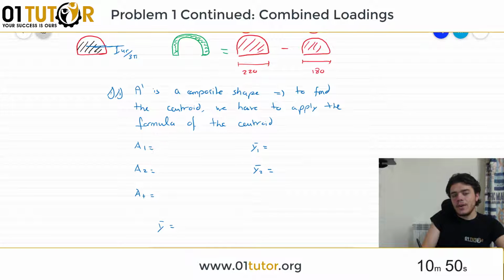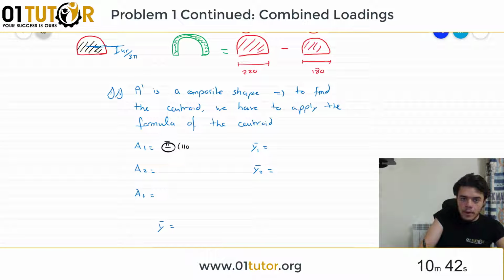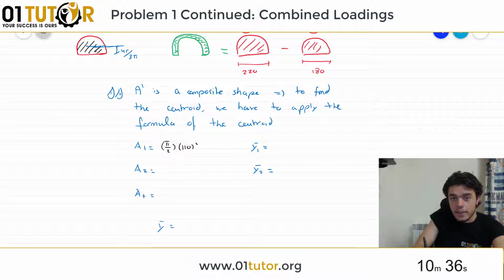Okay, so A1 is the area of 1, which is half the area of a complete circle. So it's going to be pi over 2 multiplied by 110 squared. Area 2 is going to be pi over 2 multiplied by 90 squared. And area total, we have already found it to be